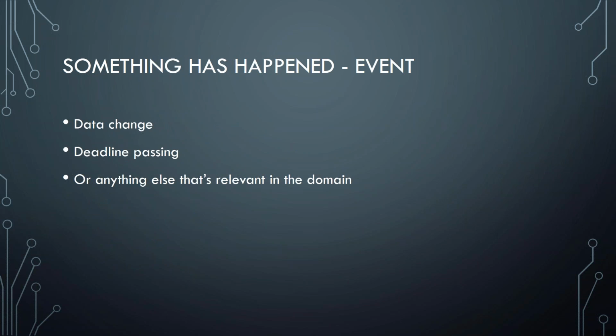Now to another message. Something has happened. If you're into domain-driven design or CQRS, you'll immediately recognize that as the event. The event is a notification that something has happened, and it may mean there's a data change, right? Somebody has changed information in the system. So it doesn't really contain the change itself, but it describes the change. So an order has been confirmed, or items have been placed in the order, or the address has been chosen,